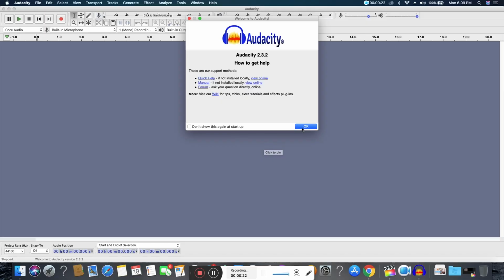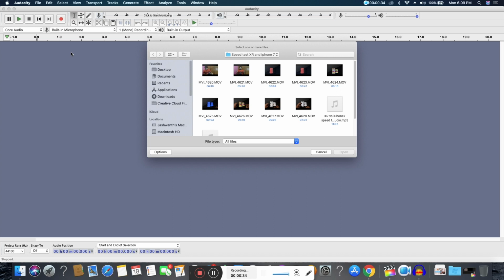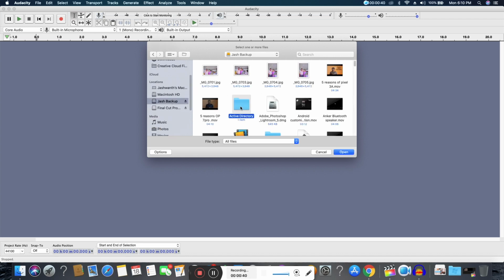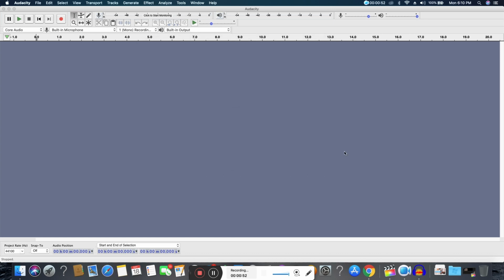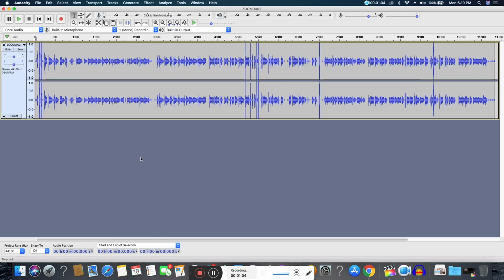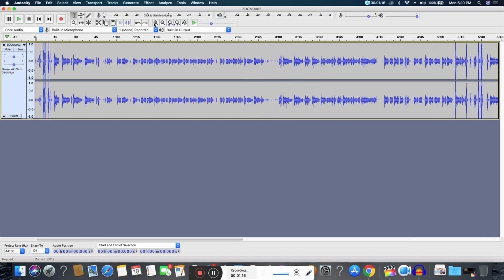So let's go to the computer screen and let me show you how to edit the audio in the application called Audacity. First, you need to import the audio by clicking on the import button and selecting the audio track. After importing the audio into the Audacity application, you need to zoom the audio so that you can see the audio track clearly, and based upon that we can go ahead and edit the audio.